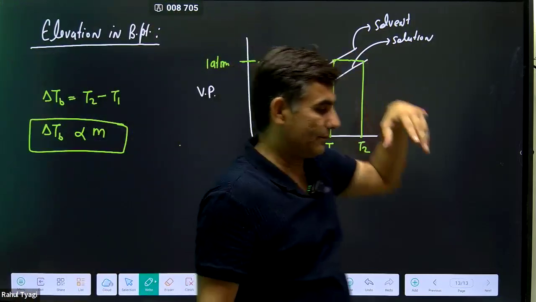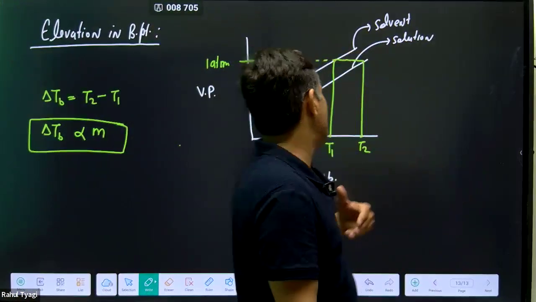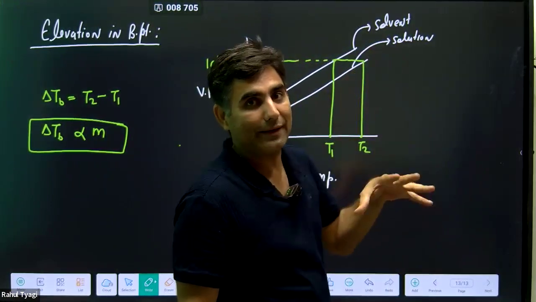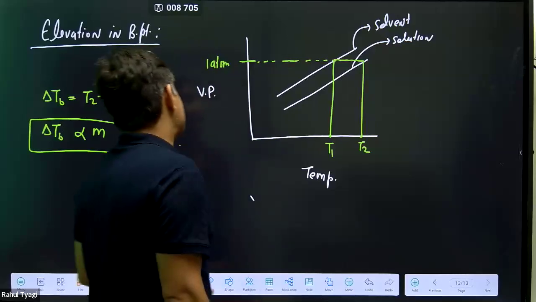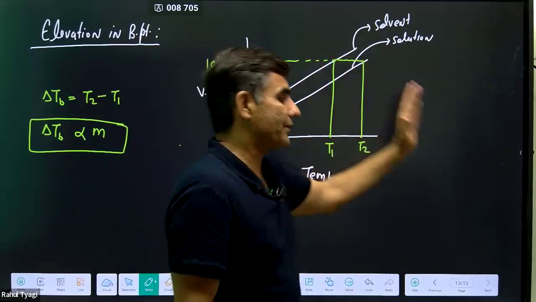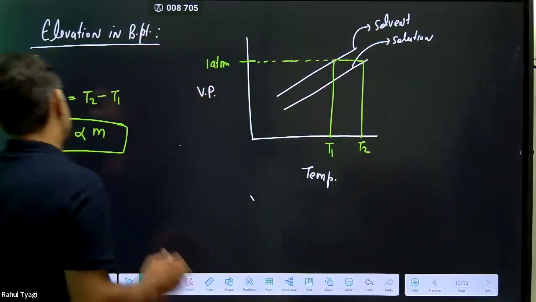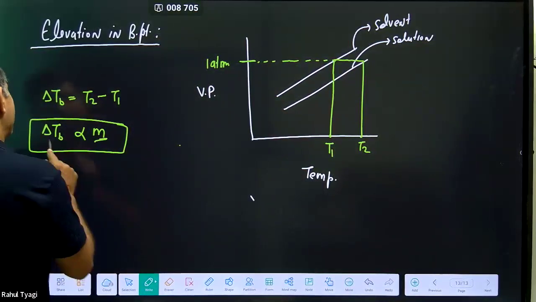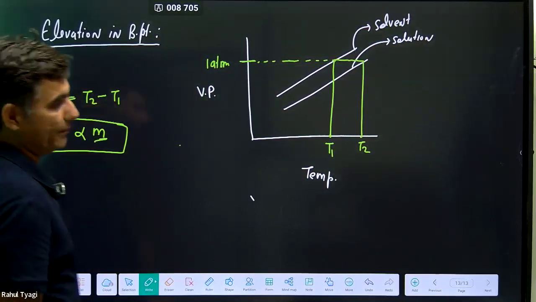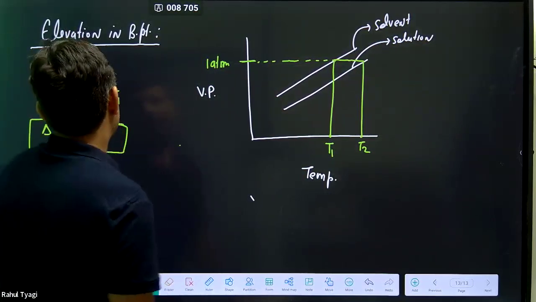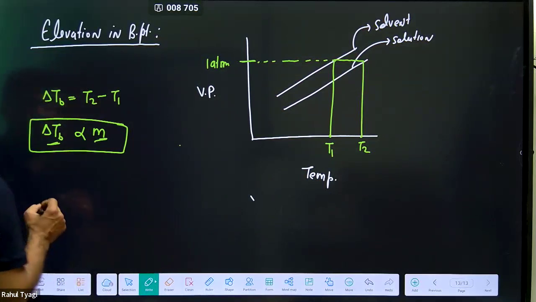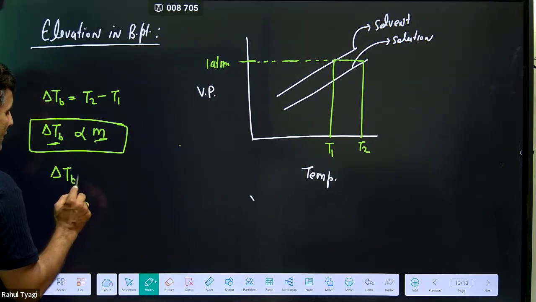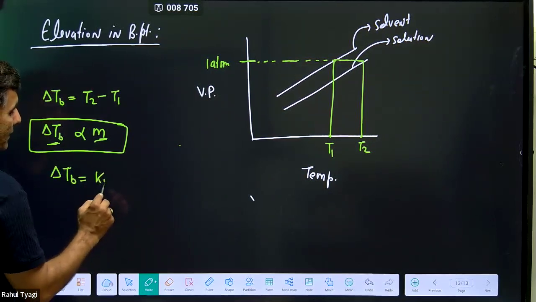The more solute we add into the solvent, the more its boiling point will rise. Meaning, the greater the molality of the solution, the greater will be the elevation in boiling point. Now, to remove the proportionality constant, delta TB is equal to KB m,